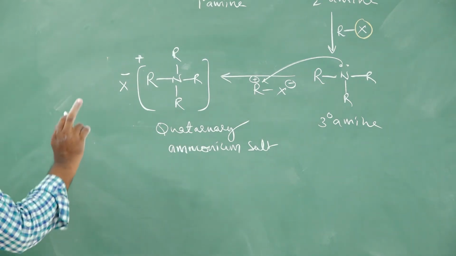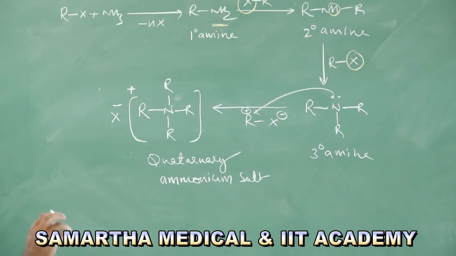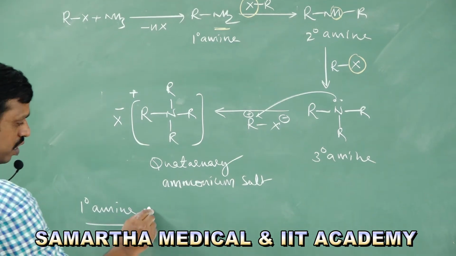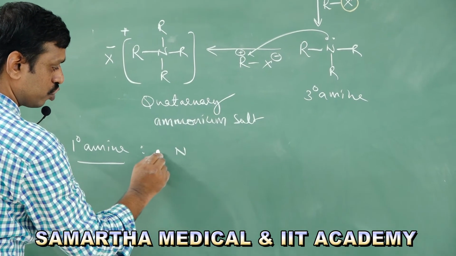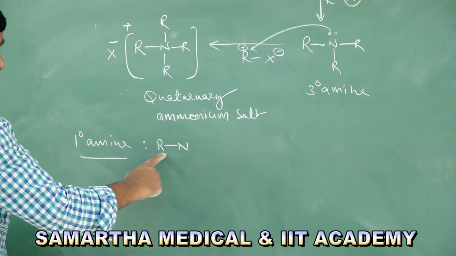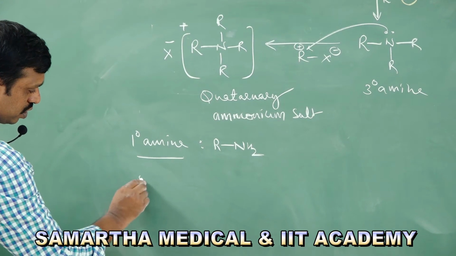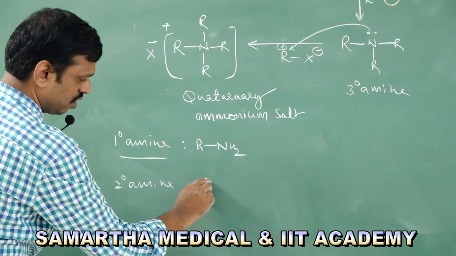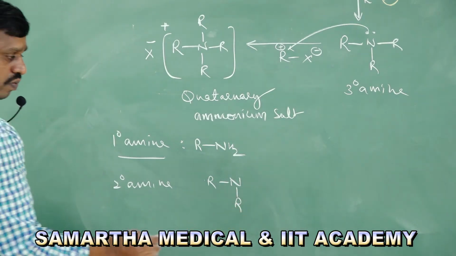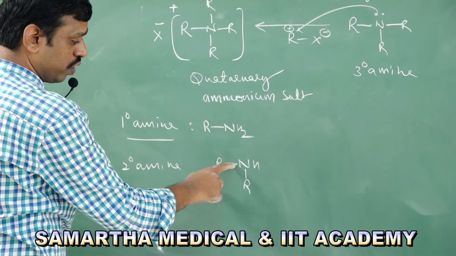Now students, what is a primary amine, a secondary amine, a tertiary amine, we study in the amine topic, but for the time being remember the meaning. If the nitrogen atom is attached to only one alkyl group or one carbon, or one alkyl or aryl group, it is called a primary amine. Next, a secondary amine is where the nitrogen atom is attached to two alkyl or aryl groups, and there should be one hydrogen, because the valency of nitrogen is 3: 1, 2, 3.